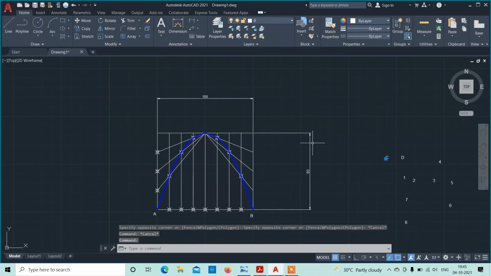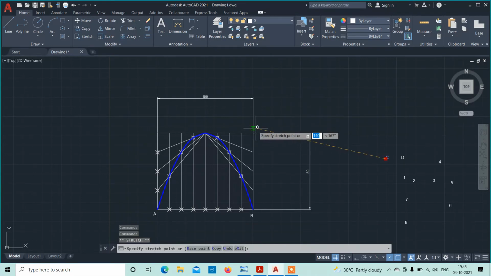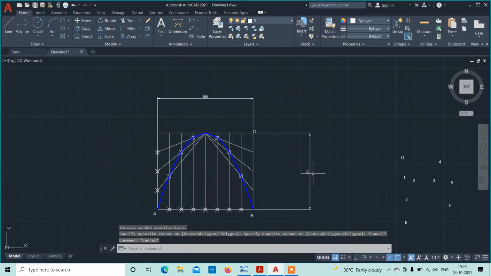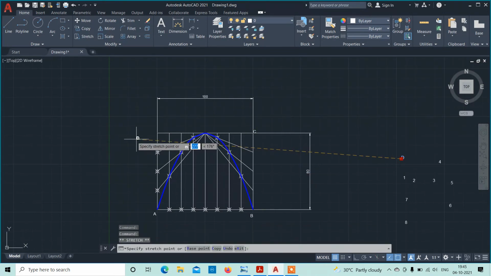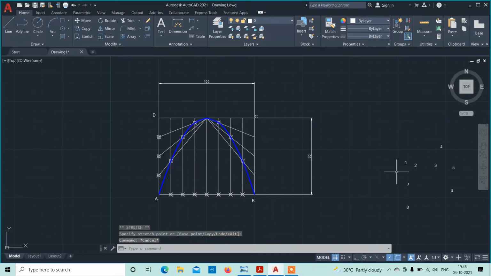B, C, D. Then we'll just move the numbers 1, 2, 3.